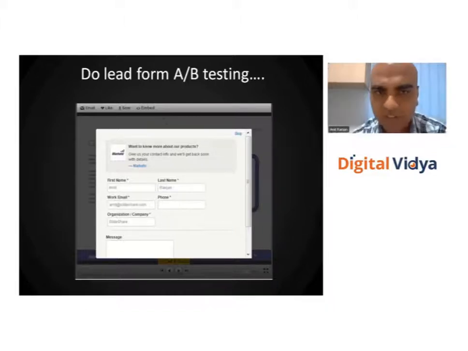What often happens is that if you move it to the 10th slide, sometimes you start getting leads of lower quality. So essentially there is a trade-off. The trade-off is between how aggressive you want to be in terms of collecting leads and the quality of the leads that you can collect. Okay, it also depends on the nature of the content.